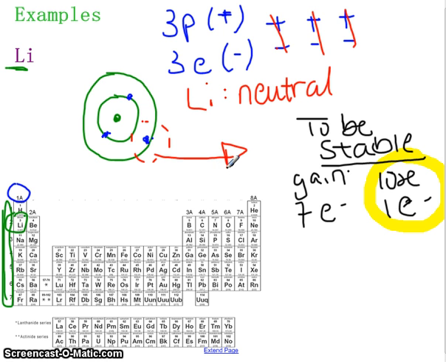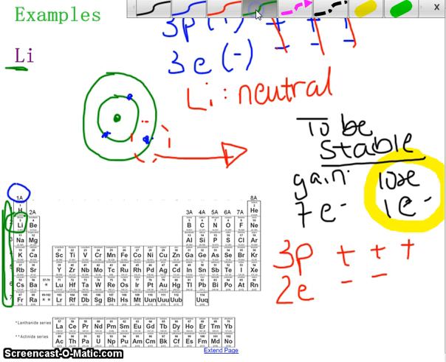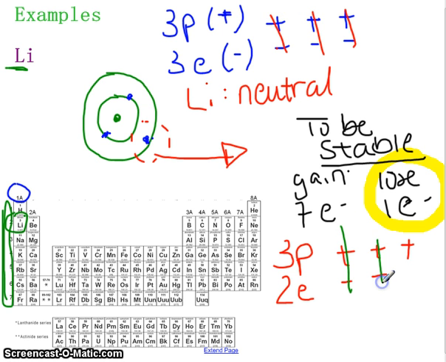When lithium loses that 1 electron, it still has 3 protons because we haven't touched the nucleus. So we still have 3 positives. Now, however, we only have 2 electrons, negative, negative. Positive and negative cancel out, positive and negative cancel out. What we're left with is 1 positive. There's more protons now. Now lithium has a charge, and the way we show that is we have this symbol lithium, Li, and we show that it's positive with a plus sign. And it's only 1 more proton, so it's just 1 plus.